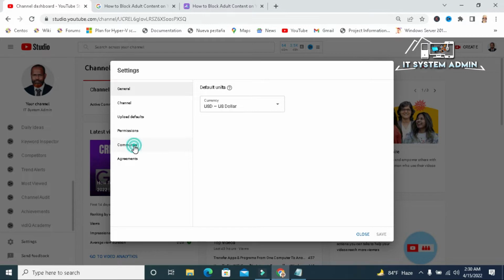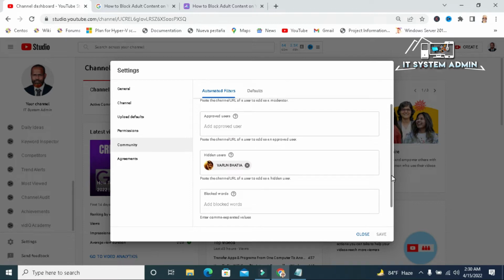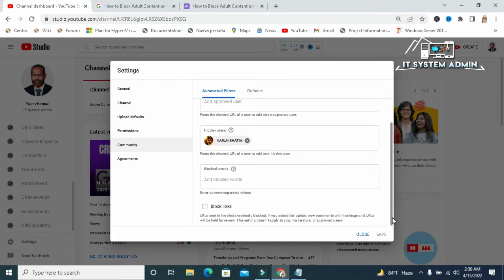Now click on community. Scroll down. This is blocked words. You have to mention some content here that will be blocked,